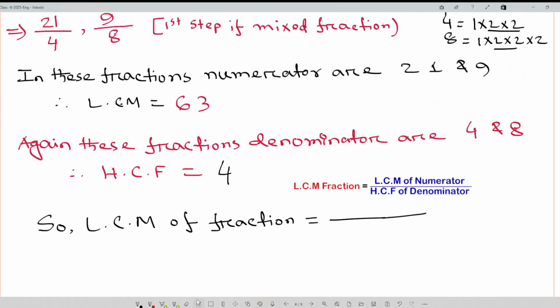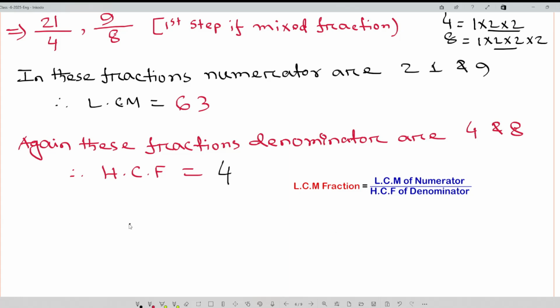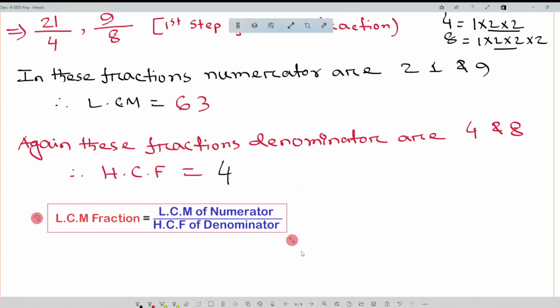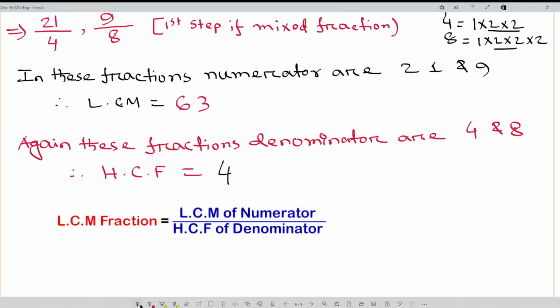This is here, so no need this one. Main thing is this. Okay, so look, LCM of numerator we already got 63 and HCF of denominator 4. This is our answer. So if anybody wants to make it a mixed fraction, so we can write